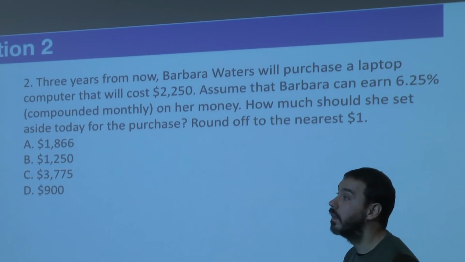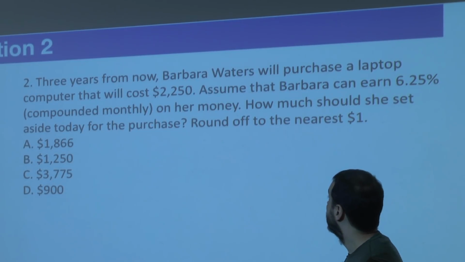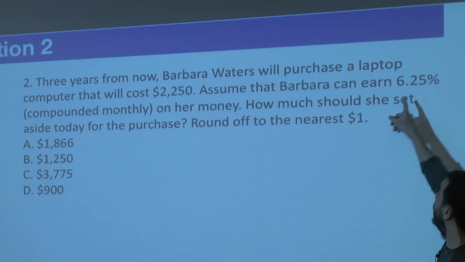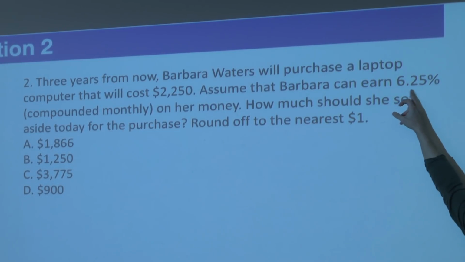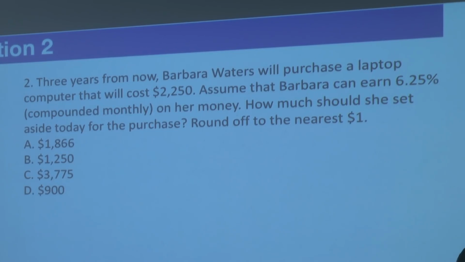Do we multiply the rate by 12? Multiply the rate by 12. Divide it, right? This is a yearly rate. We want a monthly rate. We divide it by 12, and we get